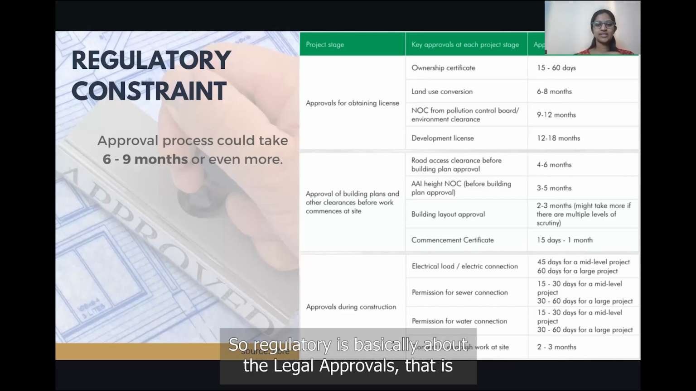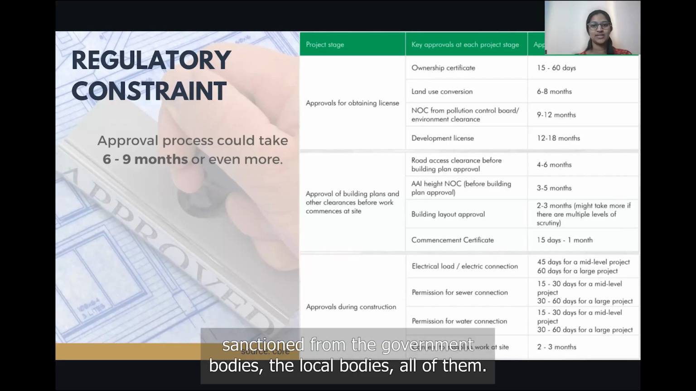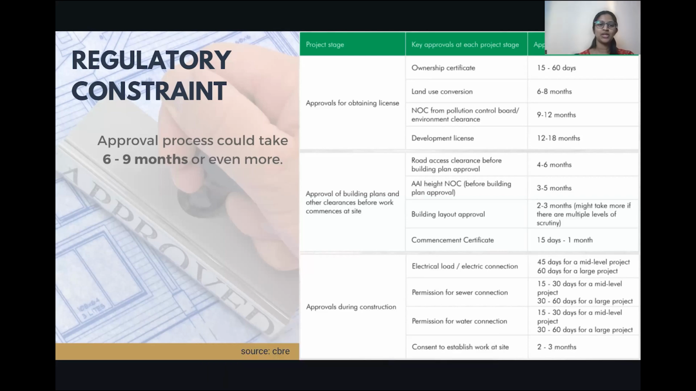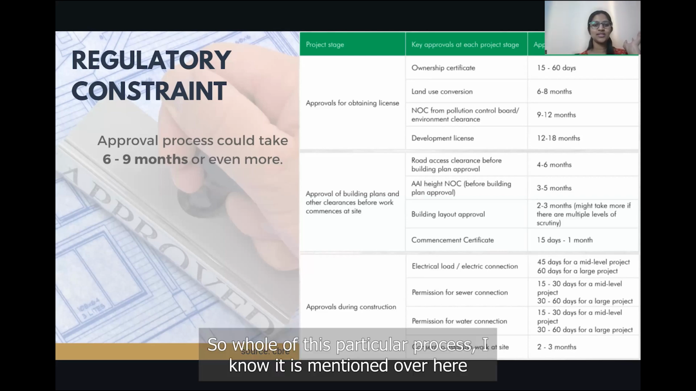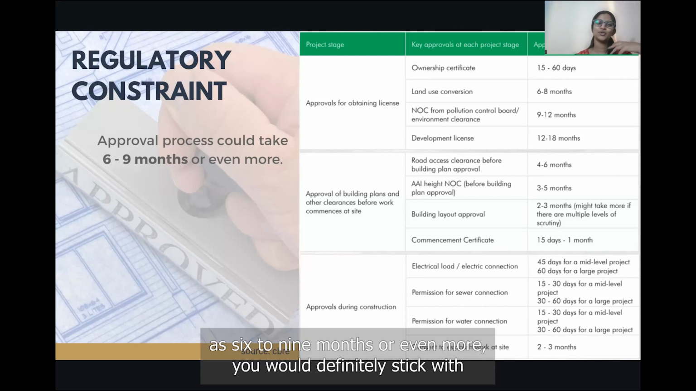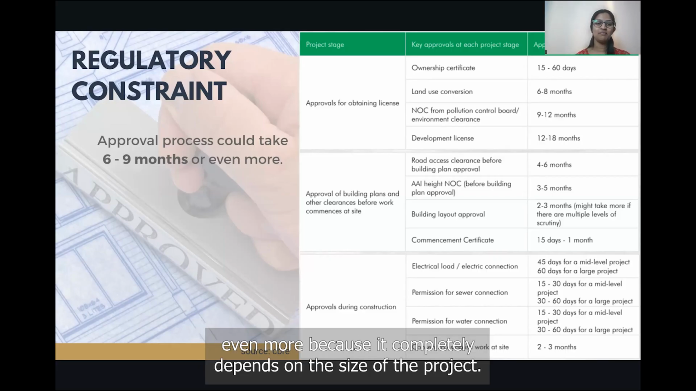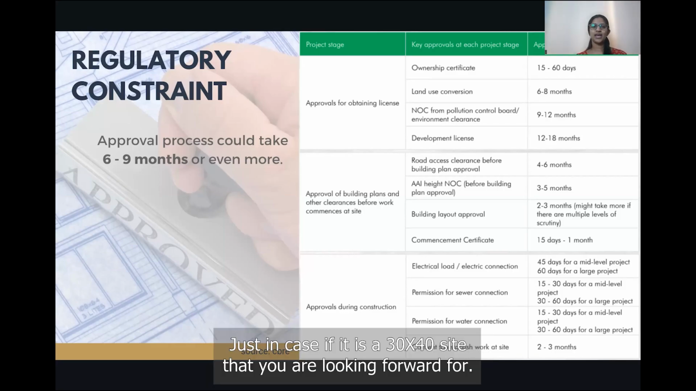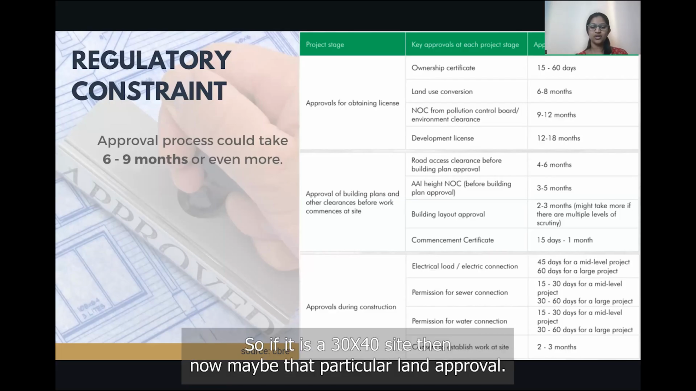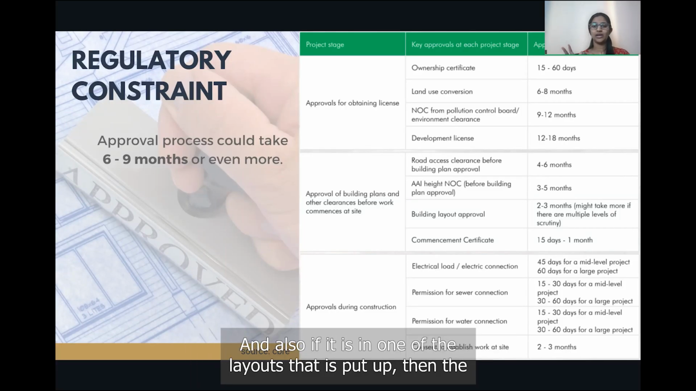So regulatory is basically about the legal approvals that are sanctioned from the government bodies, the local bodies, all of them. So the whole of this particular process, I know it is mentioned over here as 6 to 9 months or even more. I would definitely stick with even more, because it completely depends on the size of the project. Just in case it is a 30 by 40 site that you are looking for, then maybe that particular land approval,